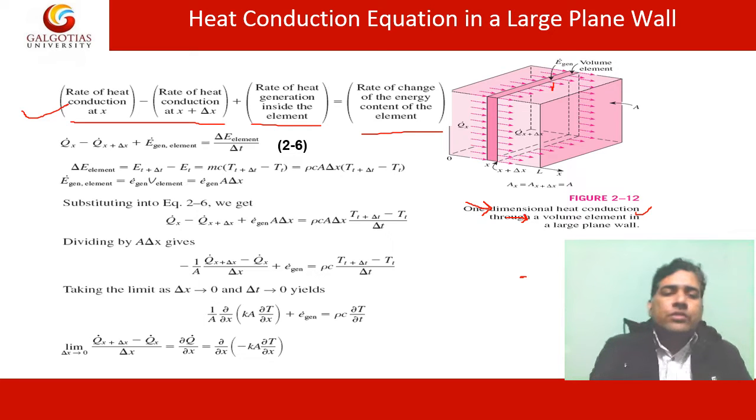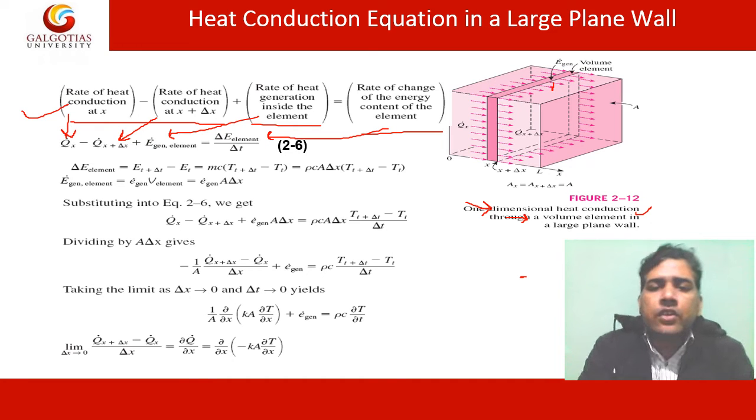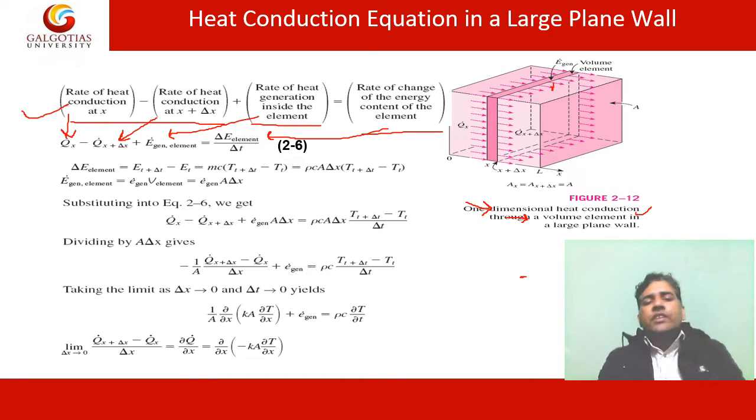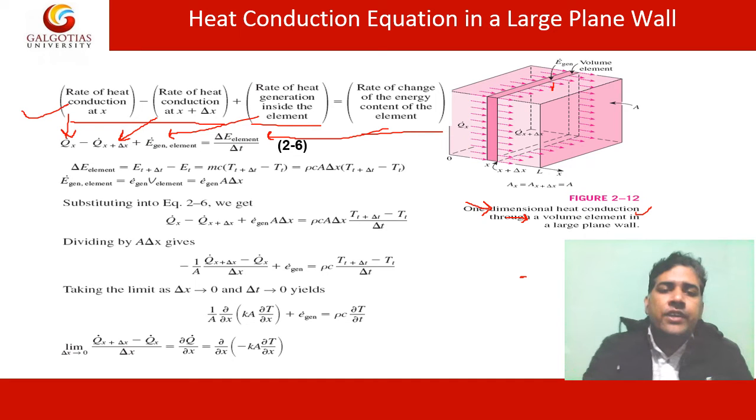Okay, so the rate of heat conduction at x is qx, then the rate of heat conduction at x plus delta x is qx plus delta x, then this is the rate of heat generated written over here, and this is the rate of change of energy content of the element. Okay, so all these equations are written over here. Now further,